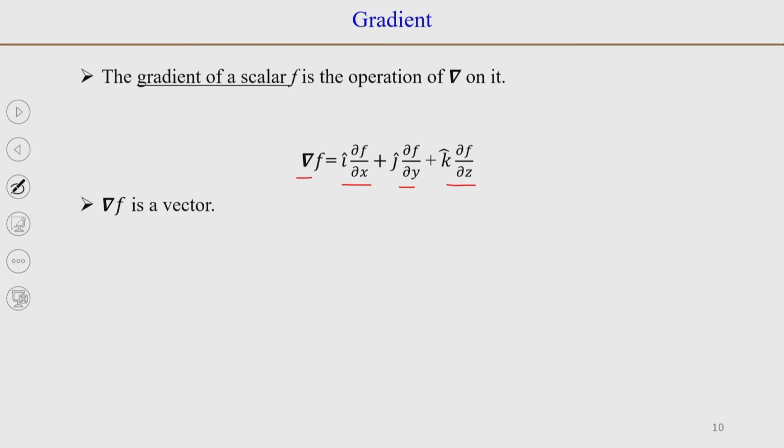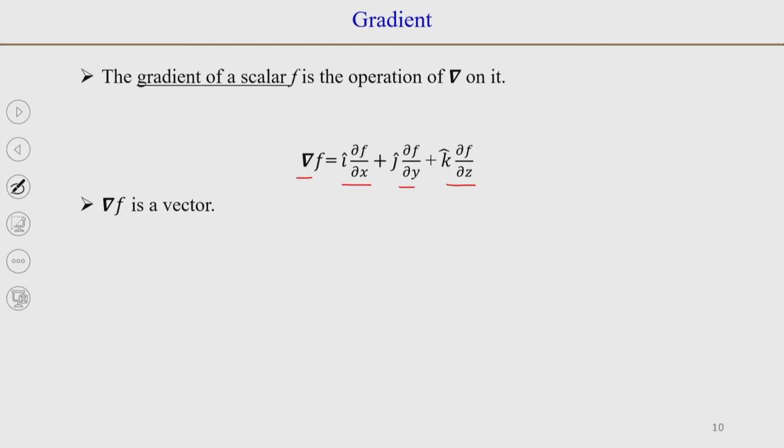Okay. So, if you talk in terms of tensors, when you operate with a gradient operator, the order of the tensor is increased by 1. A scalar becomes a vector, and when you operate on a vector, the vector becomes a tensor. So, when you take the gradient of a vector, you remember the velocity gradient, I said that the velocity gradient is a second order tensor.